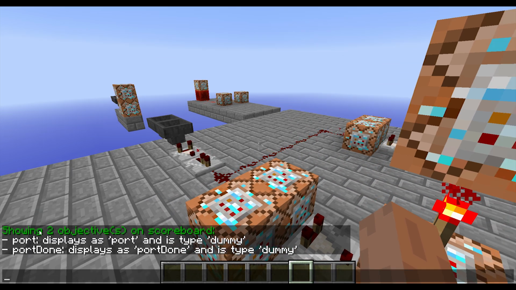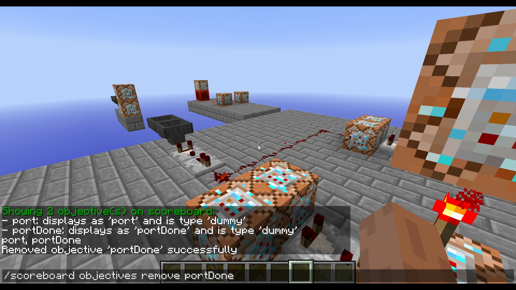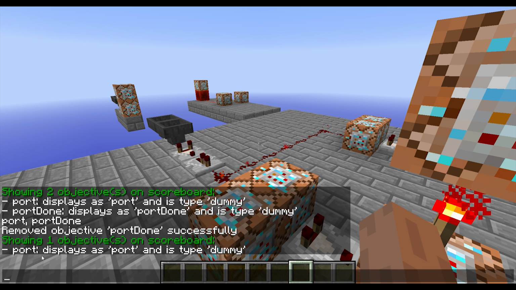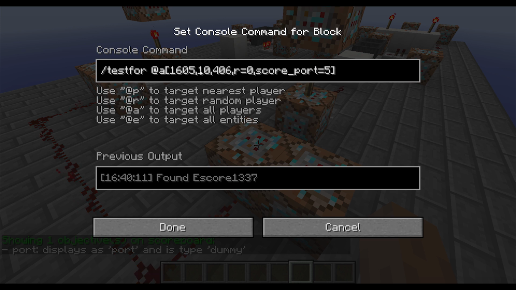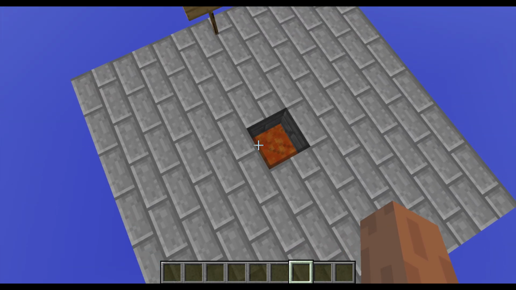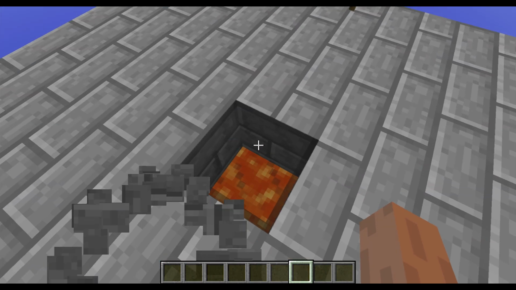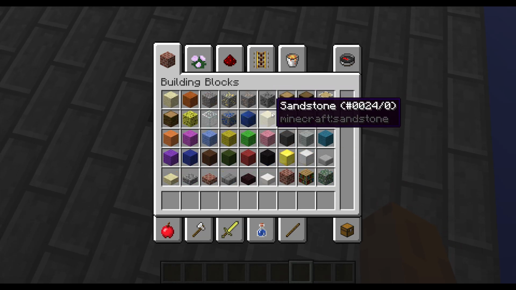just one, so the port done is not used. I can delete this. Scoreboard objective, remove port done. So we have only this scoreboard right here, which is called port, and it's a dummy objective. First of all, it tests for a player on a specific location, and that location is on top of the glass. And how I built the glass is basically right here, okay, let me see, I need